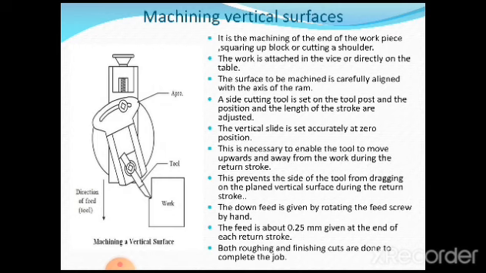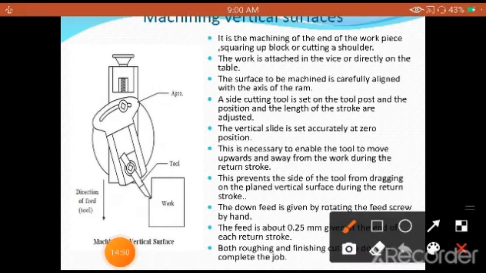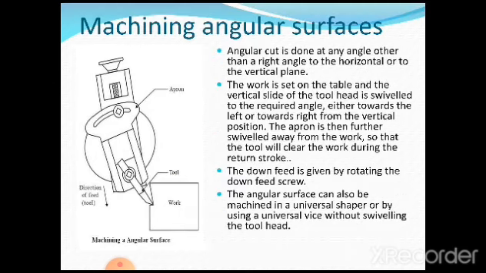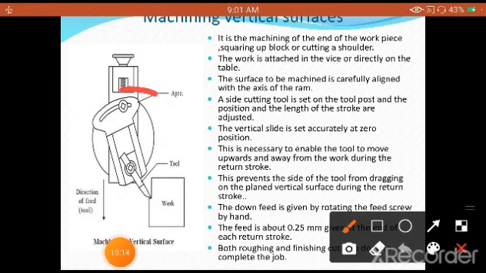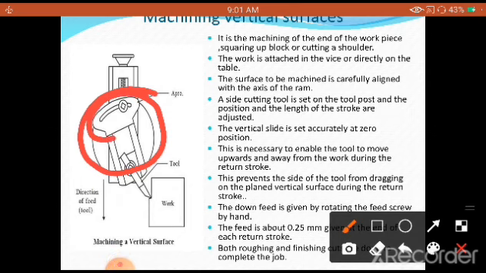Now let us understand how vertical surfaces are machined. Vertical surfaces means, for a given workpiece, this is the horizontal surface which we have discussed. Now I want to machine this surface or this surface. How can this be machined? That means the surfaces which are vertically available, the vertical faces. That is very, very important. As you are going to see very clearly, in the previous horizontal surface machining the tool head was not inclined. So what we have done here is give a certain inclination to this tool head, which carries the tool here.